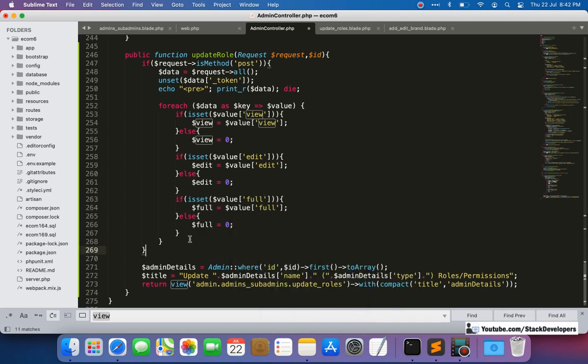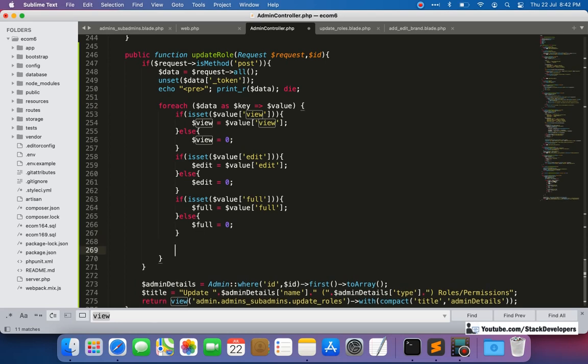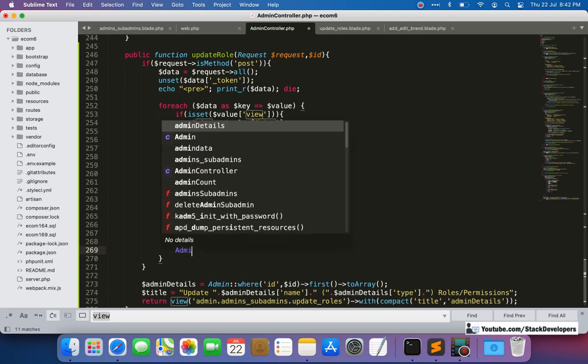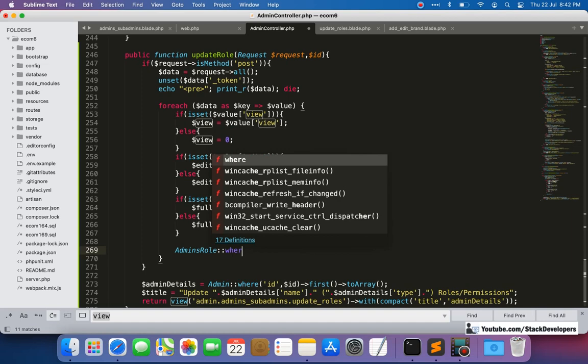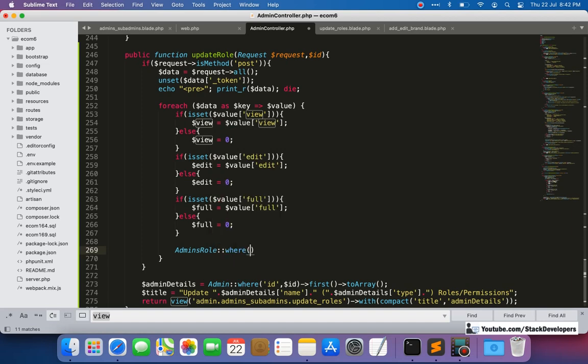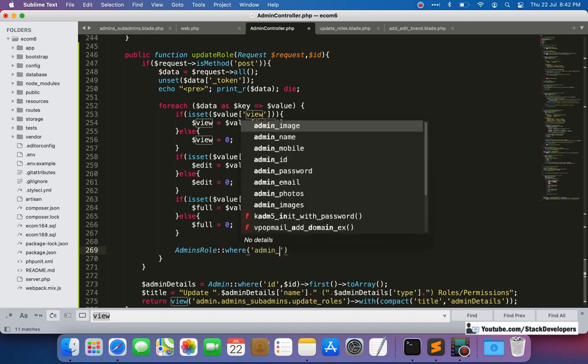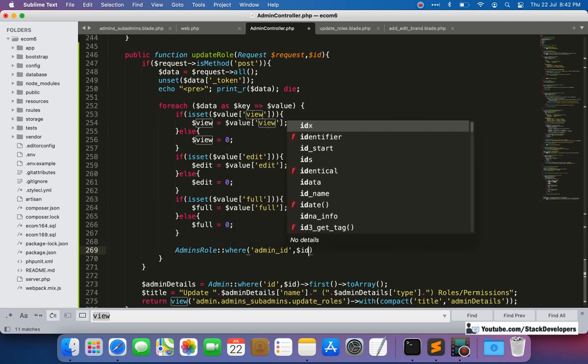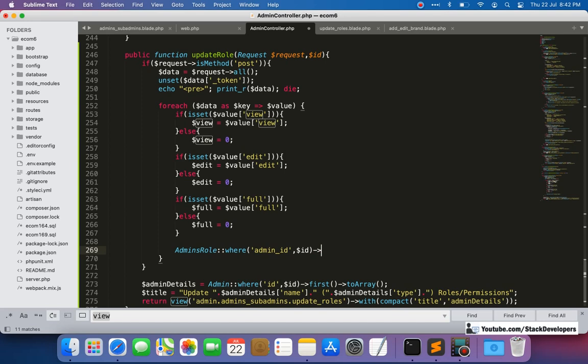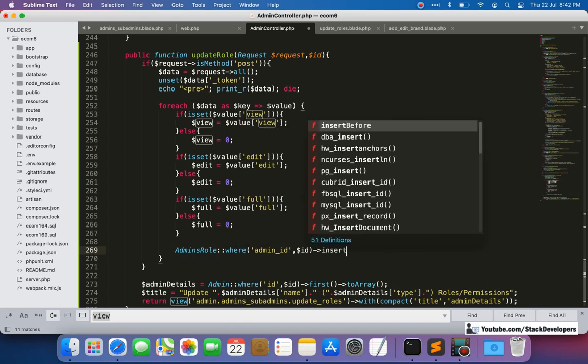After this we are going to update the foreach loop. Here we are going to update the admin's role where admin id is $id, and we are going to insert these roles.